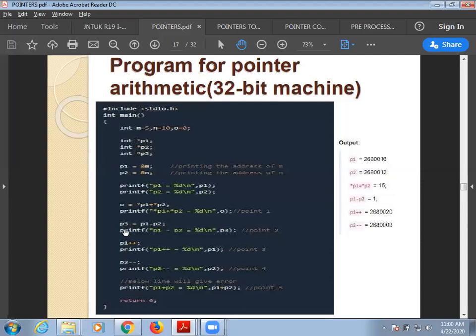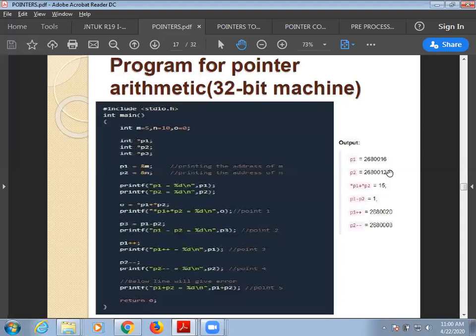The next thing I am doing is p3 is equal to p1 minus p2. So p1 will be having one address, p2 will be having another address. It will tell the difference between these two addresses. If you see at the right side, we are having the output, that is the address of p1 is 2680016, address of p2 is 2680012.